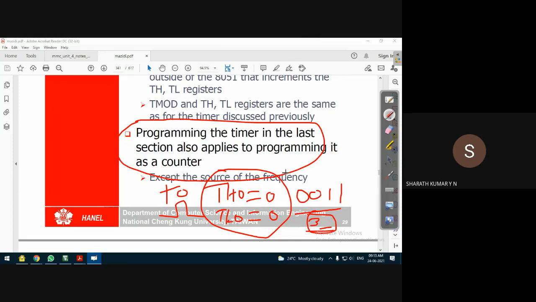If we start with some other initial count, let's say 0010, and it has reached a final count of, for example, 01111 hmm, it has counted a total of 4 clock pulses, which are supplied from the external device.